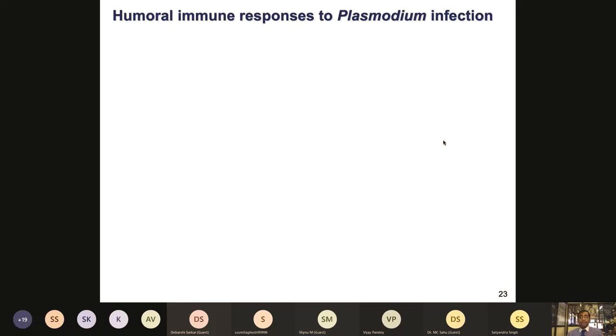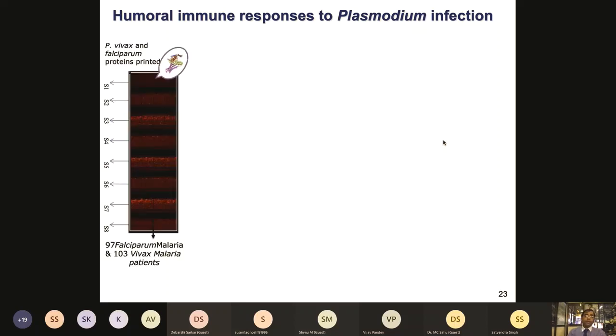Just one last slide on malaria now. While we were doing this work, this was on the human proteome model that I showed you. We got a collaborator from Seattle, Dr. Pradeep Rathore. He and some collaborators from California had made this chip of falciparum and Vivax malaria. This is the Plasmodium chip, where many of the genes of these pathogens were printed on arrays on the nitrocellulose membrane.